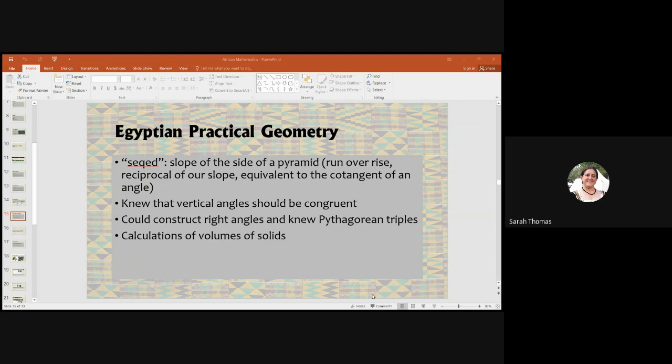And they had the concept of a slope of a side of a pyramid. Theirs is the reciprocal of our slope, which a lot of my students think is the slope formula. That's a very common mistake. But they do run over rise instead of rise over run. And it's also equivalent to the cotangent of an angle. But we're not certain what their trigonometric knowledge was. There's not been evidence of that so much in the...